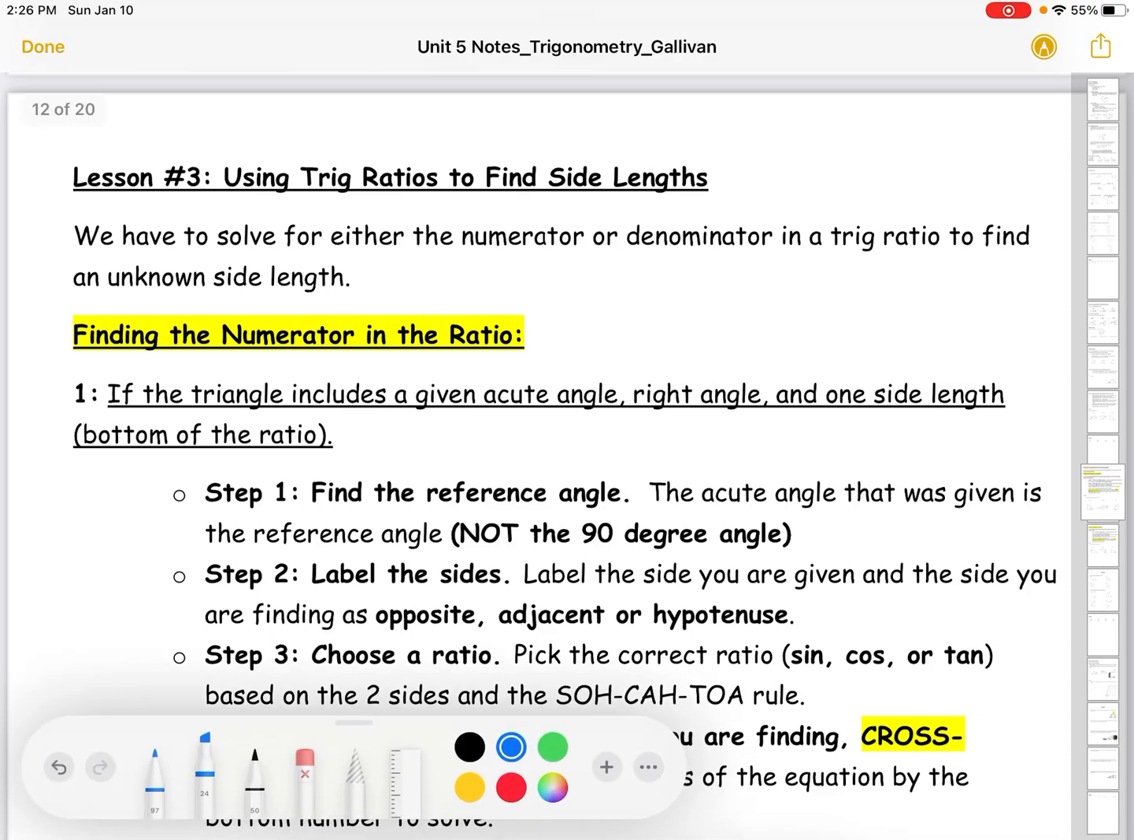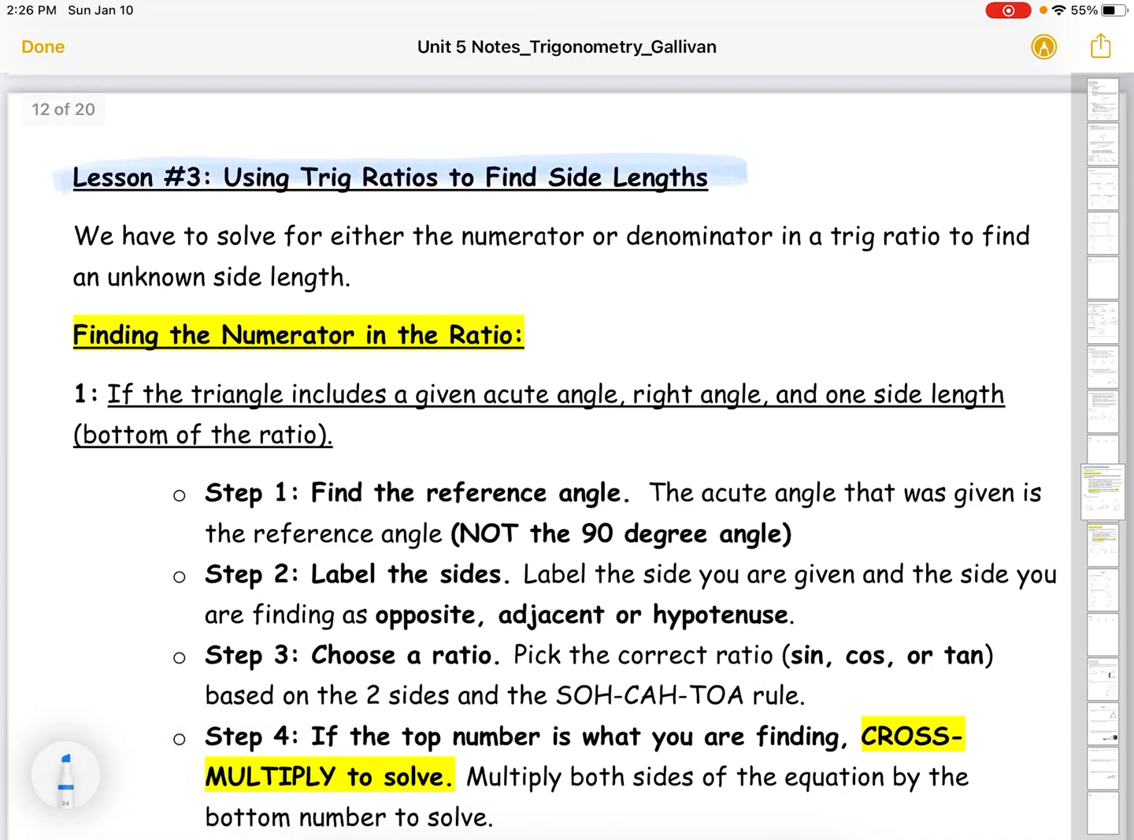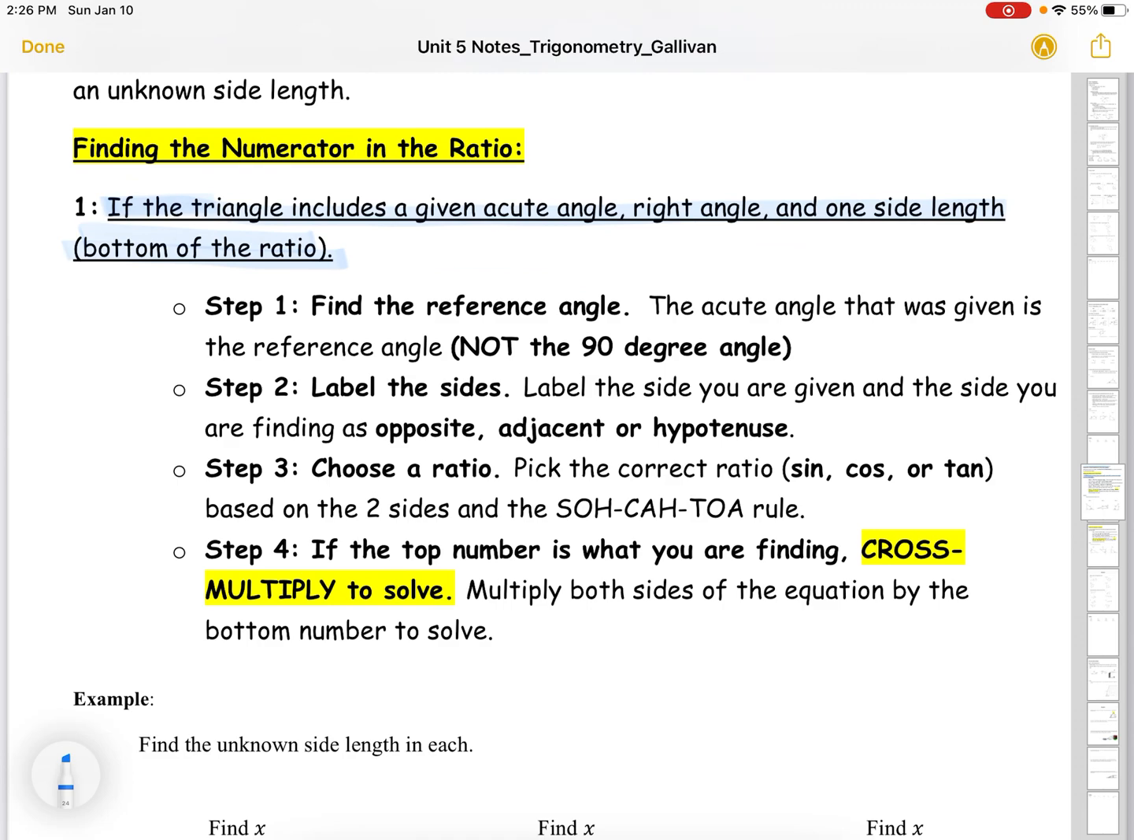Now, when we're using trig ratios to find side lengths, we have to solve for either the numerator or the denominator in a trig ratio to find an unknown side length. This is part of the reason we've done our equations unit, because we're going to use our knowledge of rearranging equations to help us. Now, if the triangle includes a given acute angle, right angle, and one side length, and we have to find the numerator in the ratio,